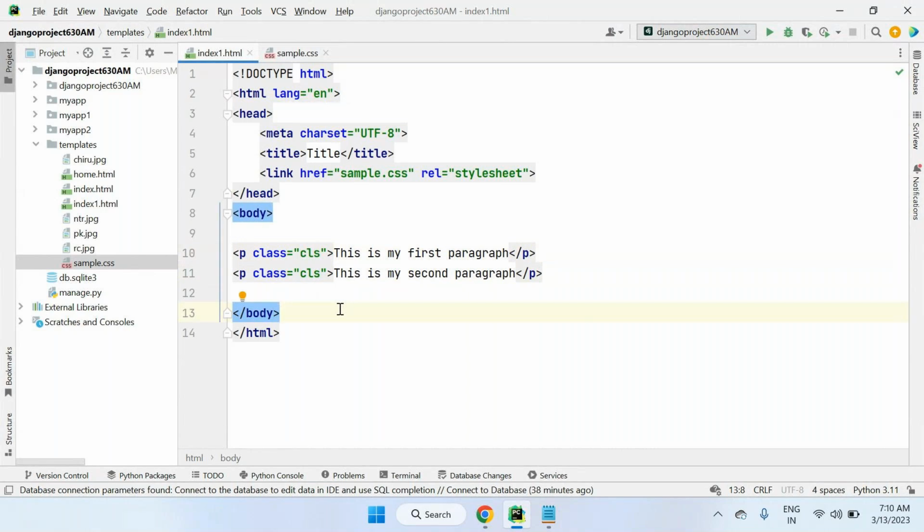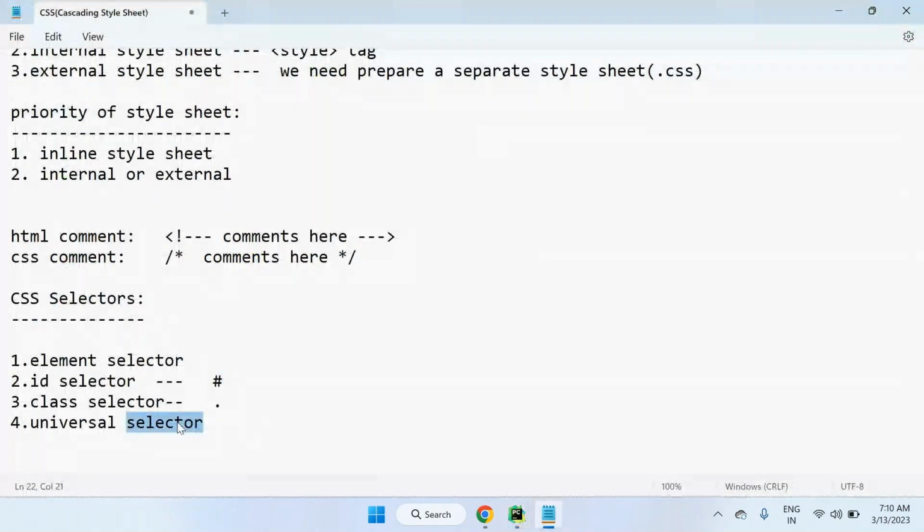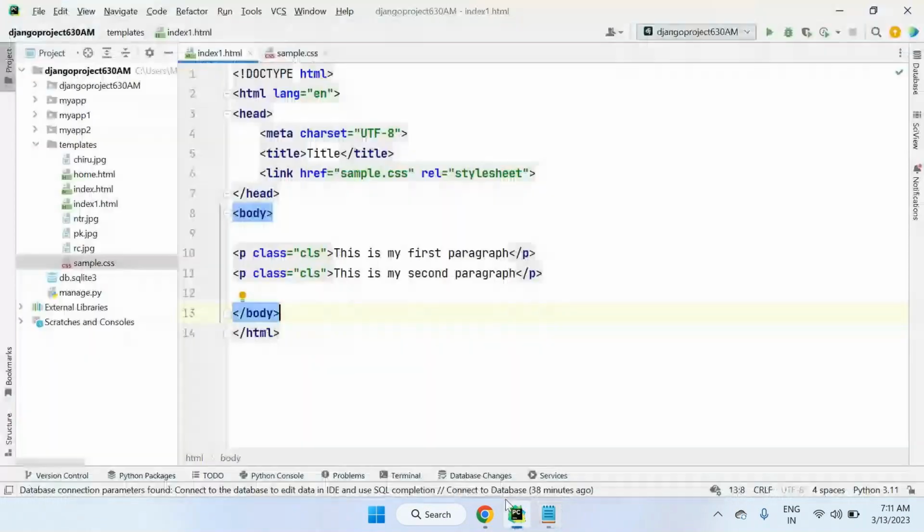But there is one more selector. What is that? Universal selector. Universal selector means it selects all the HTML elements on the page. So that means the star symbol is required here. So universal selector means